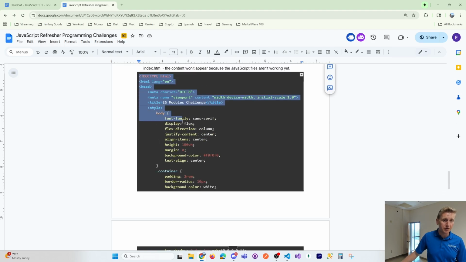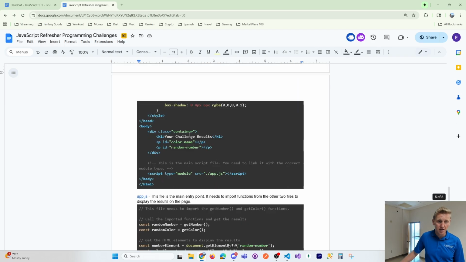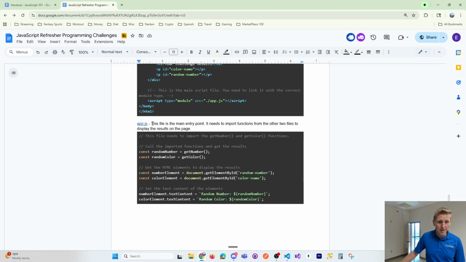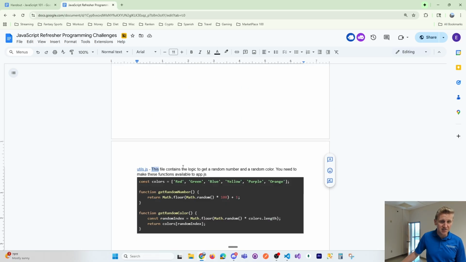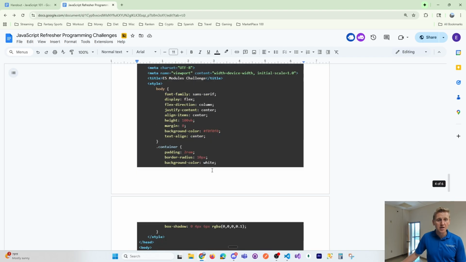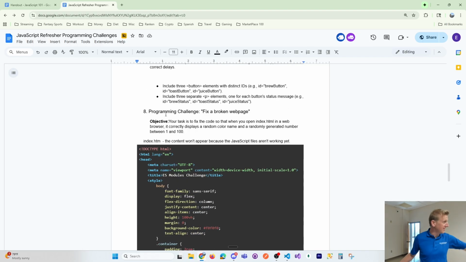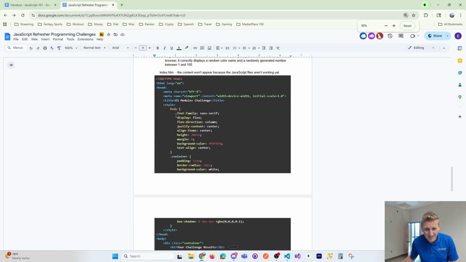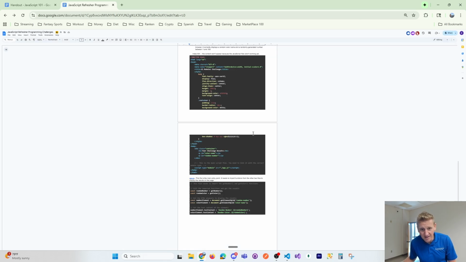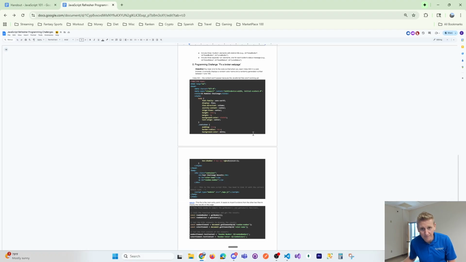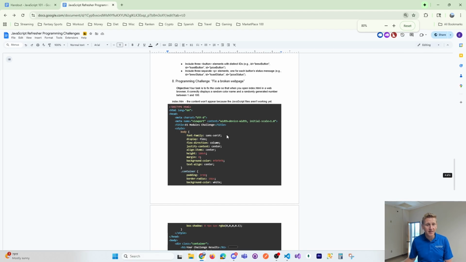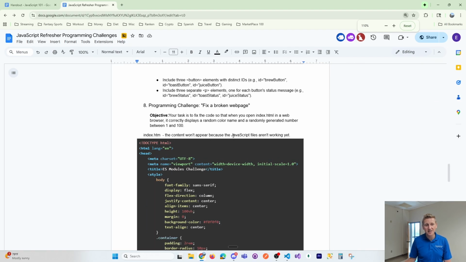Okay, so if you kind of go through here, I'm going to give you some code. App.js, here's your JavaScript file. This is the main entry point. It needs to import functions. And then utils.js, we're going to export these functions to make it available to app.js. So my recommendation here is, on Inside Ranking, you guys will have access to this. Unless you want to manually code that, I wouldn't want to code that. That's a whole lot to code